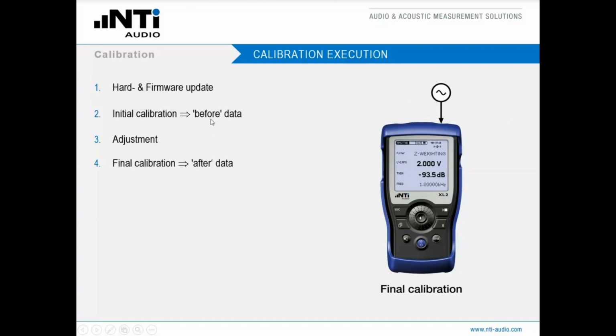data. So there might be a difference between the before and the after data in case the adjustment slightly has changed the performance of the instrument. And this before data might be interesting for you, especially if there is a major problem with the instrument, which happens very rarely, but it can happen. In such a case, this before data will give you valuable information to identify whether the last measurements that you have executed before sending the device to us need to be reviewed because there has been some problem.